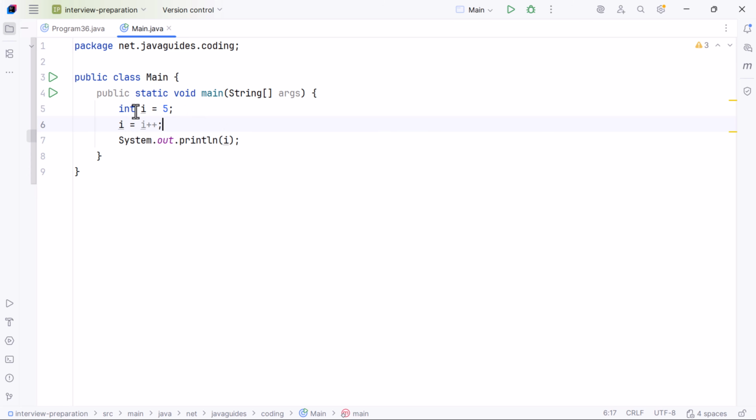We set i to 5. Then we write i = i++. Then we print i. Take a moment and think about what the output will be before I explain it. Most people confidently say 6, because i was 5 and we incremented it, so it should be 6, but the output is 5, and here